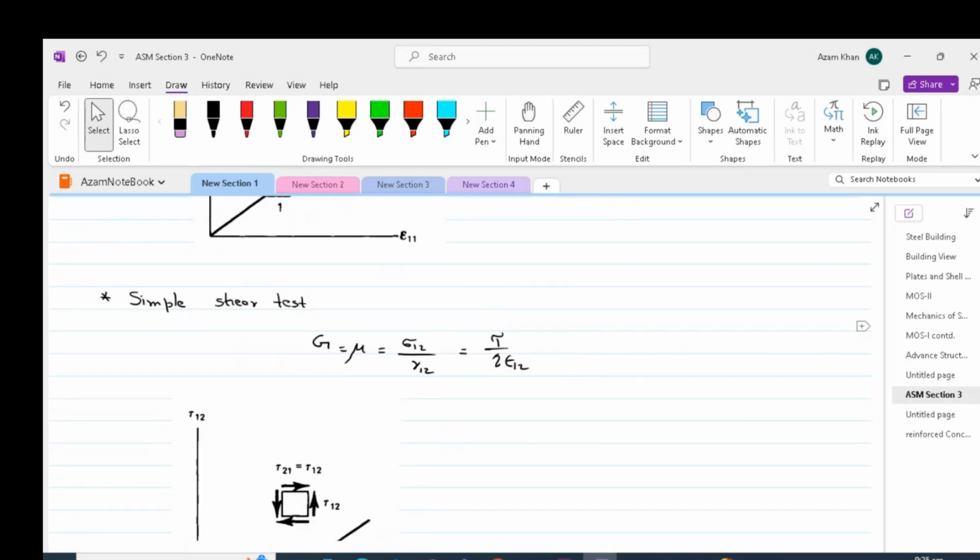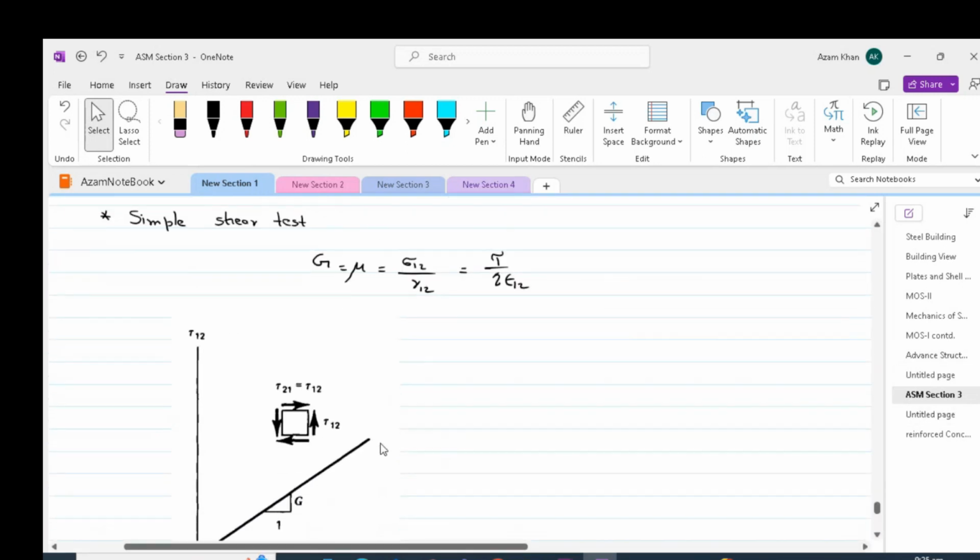Finally, we have a simple shear test to determine the modulus of rigidity. Again, the simple shear test is a test commonly performed on soil samples to determine their shear strength properties. This test involves applying a shear stress to a soil sample in a controlled manner while measuring the resulting deformation. So we have a shear box, we apply some loads on the box, and we try to fail the specimen